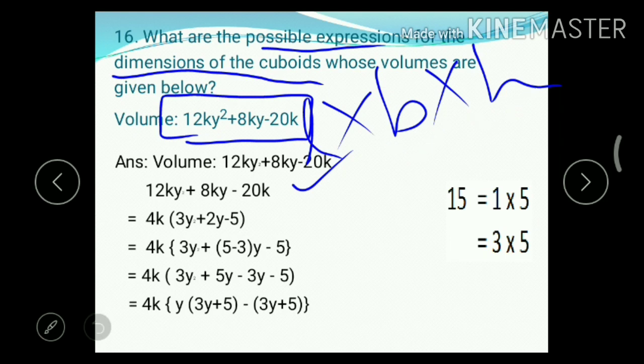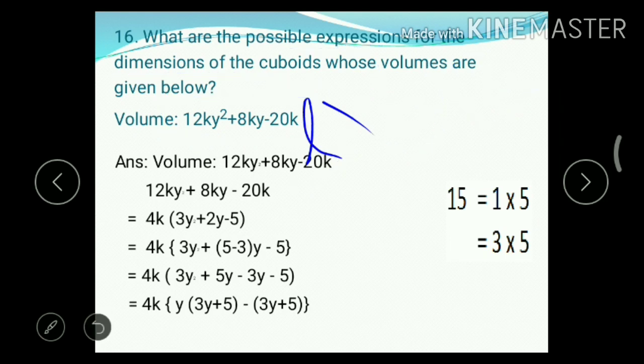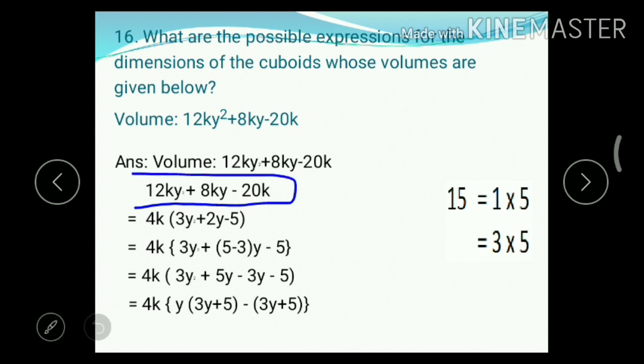So here volume is given in the question, that is what we have written in our answer. Then this will be factorized once. Now from these 3 terms, if you see closely, you will notice that 4k is common in all the 3 terms, right? So 4k is extracted from all the 3 terms. Inside the bracket will remain 3y square plus 2y minus 5, right? After this is a quadratic equation. This is square, okay? These are square.